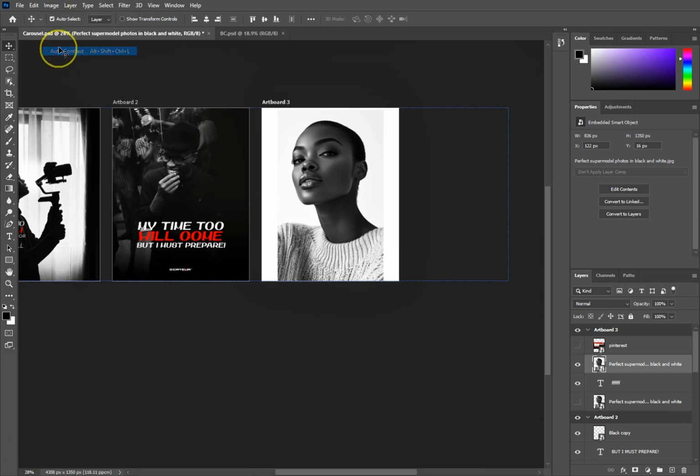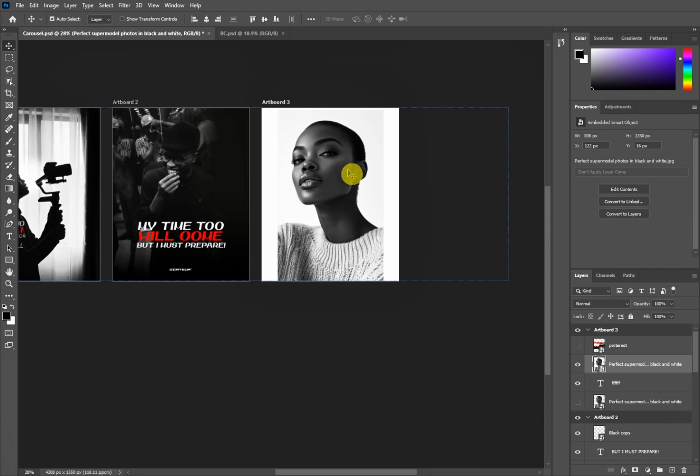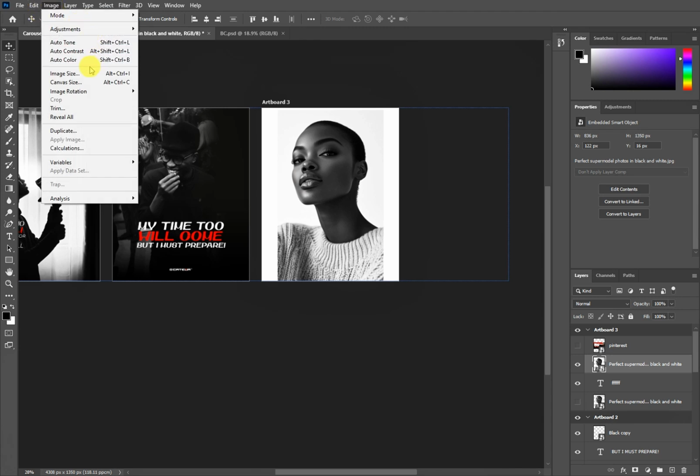Auto contrast, right? It automatically adjusts the contrast, but this image is already well contrasted, so you might not notice any difference. Auto color will still help you add small color, but this image already has a predominant color, which is black and white. I would get that. So on to the next, we have